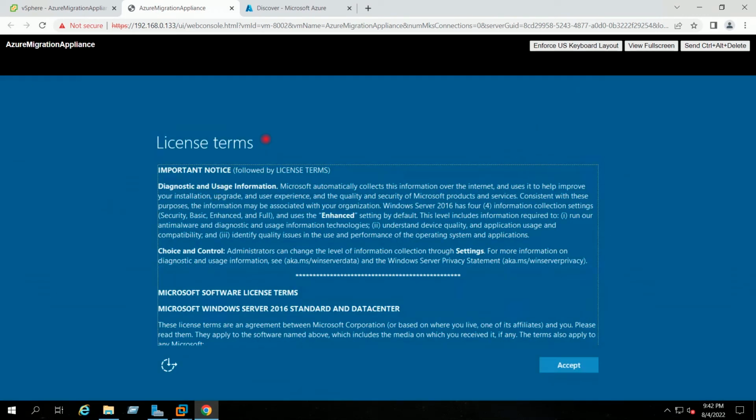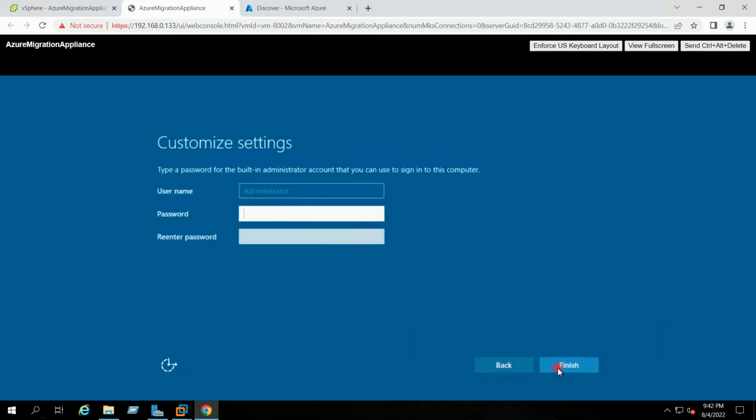I will launch the web console of the appliance. This is how it looks like in the console. I will set the password for the migration appliance here. Finish.